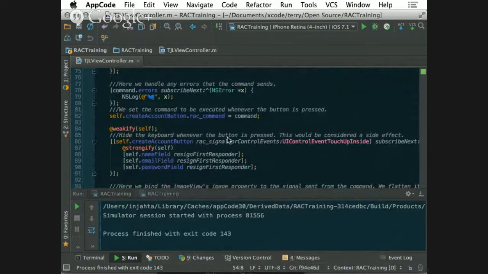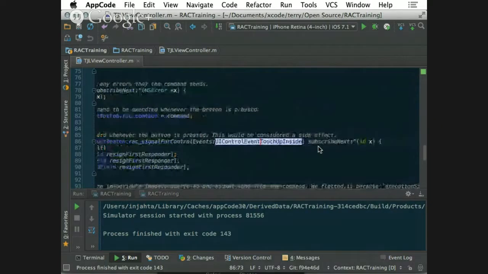We have another method on the button called rac signal for control events, and buttons and controls have control events, like touch up inside or drag or whatnot. And we say this touch up inside, which is just a normal tap, and so we want a signal whenever this tap happens. We subscribe next,